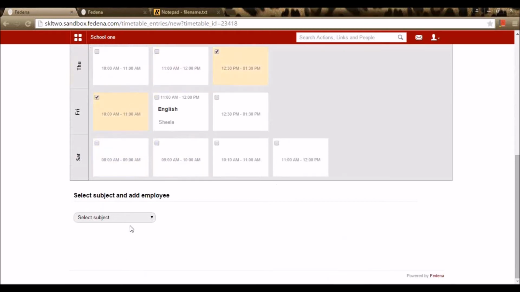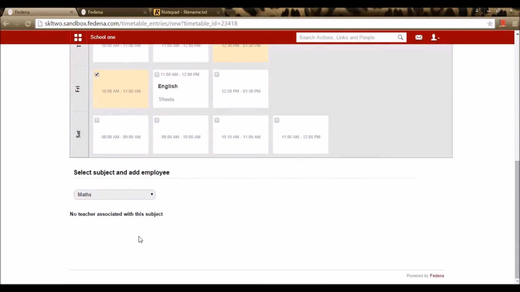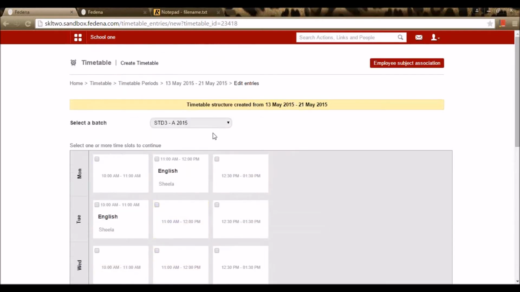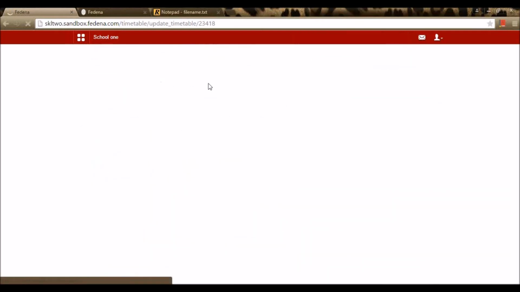Similarly, we can do for other subjects, say maths or science. So we can assign an employee and we can allocate it here. Similarly, the timetables can be created.